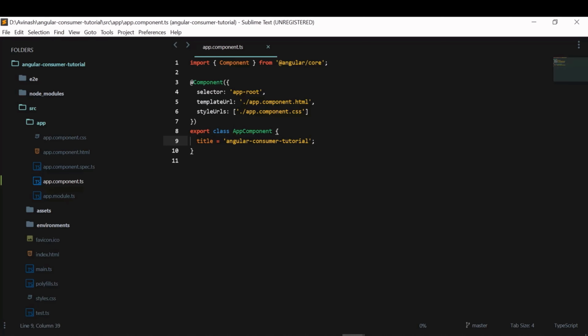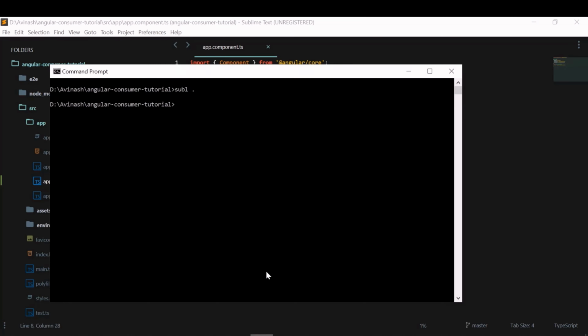So let's do that. Now I'll create a service. You can create a service in Angular using ng generate, just like we use php artisan make:controller and php artisan make:model. Here there's a command called ng. We use ng generate, and I'm going to generate a service, and that service name is users.